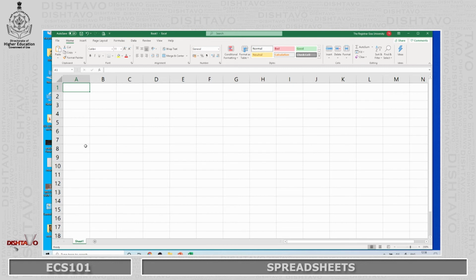On a spreadsheet we have these vertical things which are called columns. You can see we have column A, B, C, D, E, F, G, H, I, J, K, L, M, etc. and so on. If I click here, they go on.